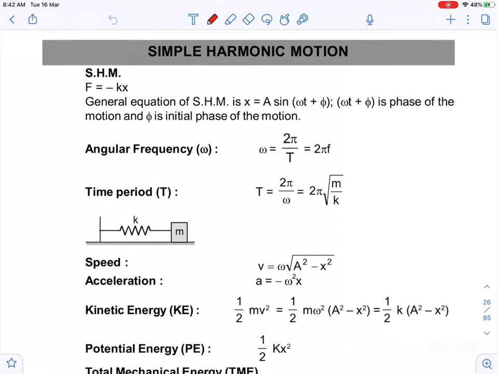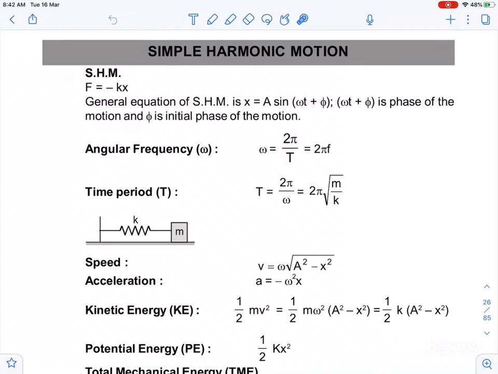Actually, the first lecture I have uploaded is for a revision series of JEE, and in that video I covered units and dimensions. I have not taken into account kinematics to rotational dynamics, and then we are seeing simple harmonic motion. Because guys, simple harmonic motion is one of the most important topics which has been asked many times in JEE earlier, and it is very important for this session also. This is the second session, which is starting from today.